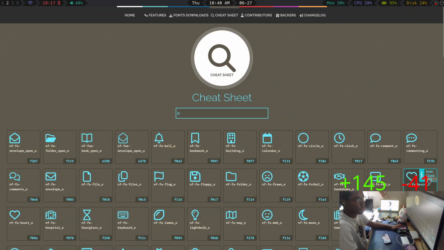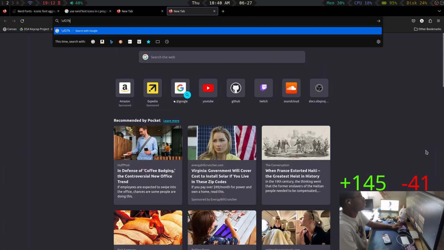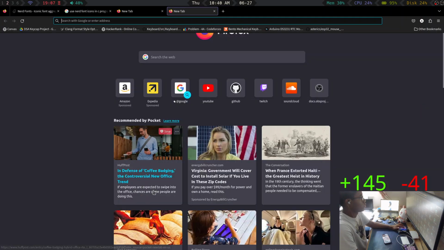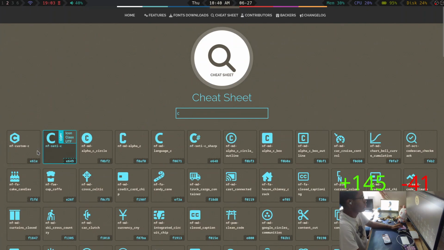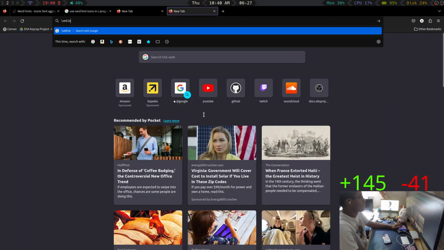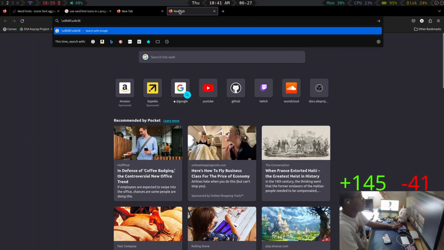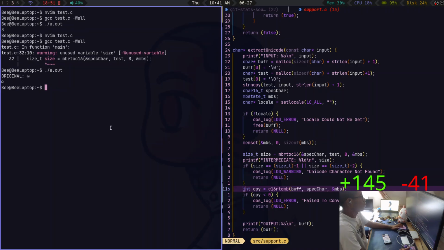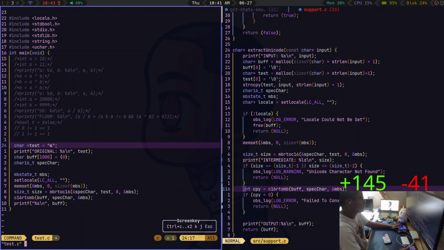Oh wait, that's not what I was supposed to be trying. Okay, well, I don't remember what I was using last time. There it is. Okay, so we have one now. It's this one. Let's copy that icon, and then right, and then